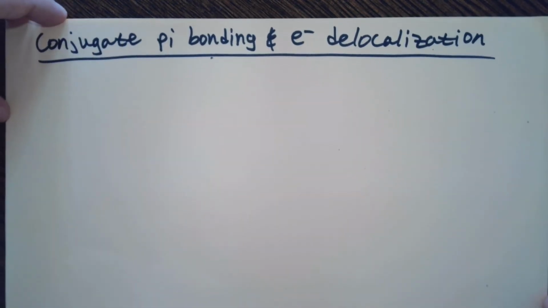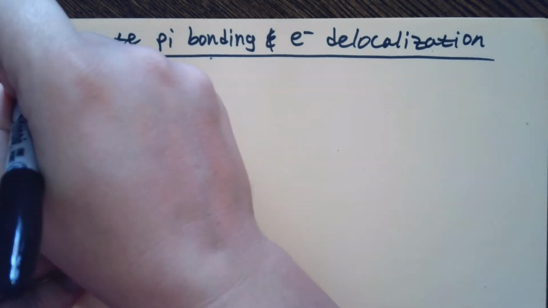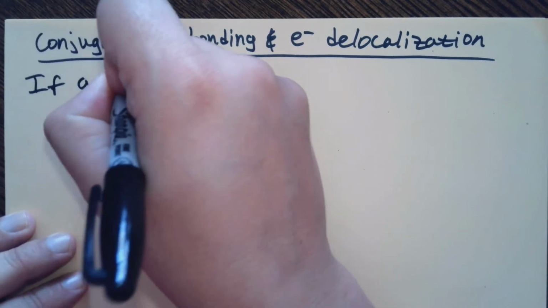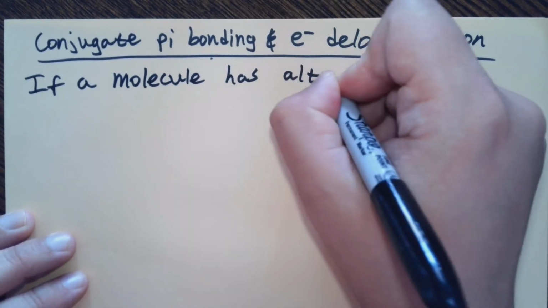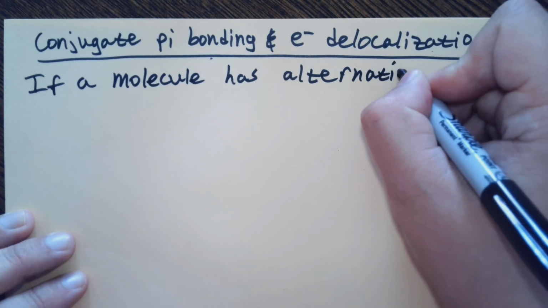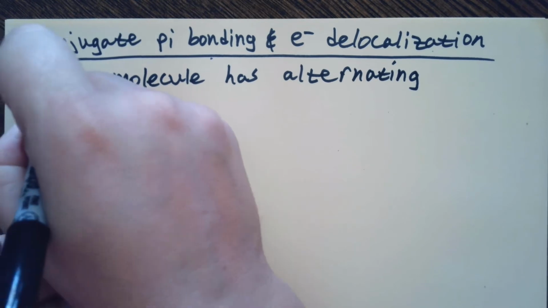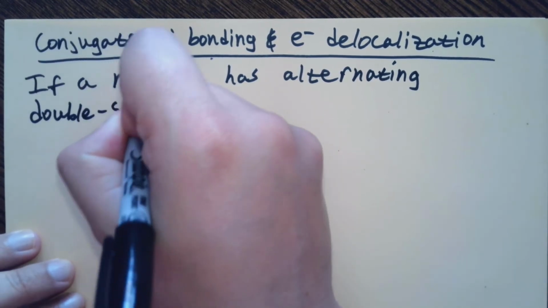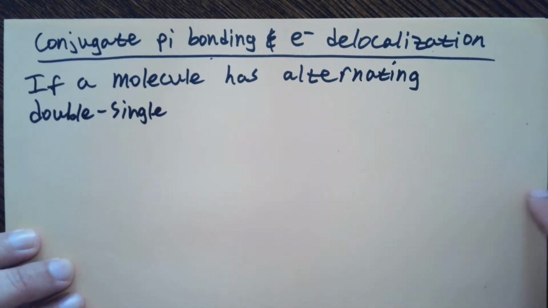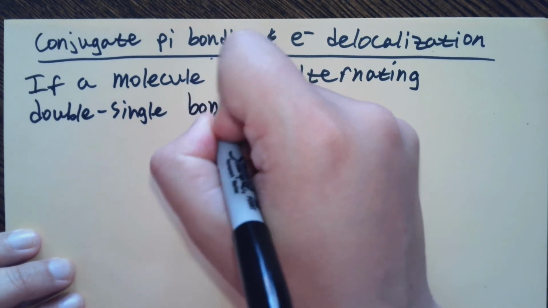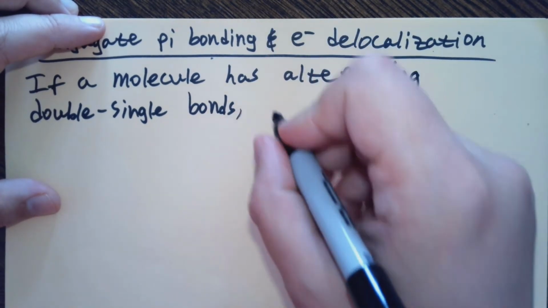So, the easiest way to tell if something has conjugate pi bonding, the simplest explanation, I like to start with the simplest explanation, is just that if a molecule has alternating double and single bonds, and I'm going to use the same example as the book because it's a darn good example, and they stole it from me. It's my favorite example for this. So you have double, single, like you have a chain of bonds. So this has to have multiple central atoms. So it has to be a somewhat complicated molecule, at least complicated for where we are today. Alright, so if that happens,